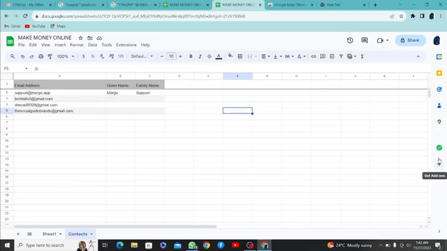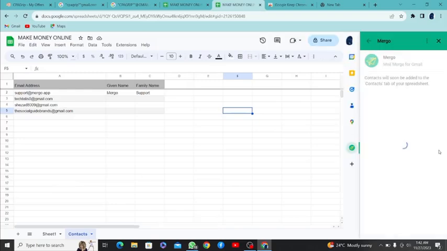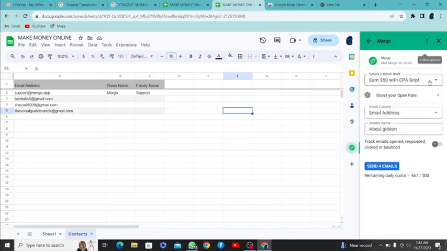To do that, now you're going to click on Mego again, and once it opens this way, you're going to click on Mail Merge, and once you click on Mail Merge, it's going to bring out your content which saved itself as a draft that time. It's going to pop up for you. This is the content that I'm having. If you have more than one, click on this dot at the side and all of the contents are going to come out. Select the one which you want to send, that is, you have composed your message already. That's the message you saved that time.